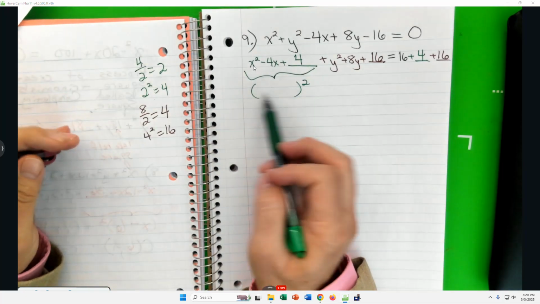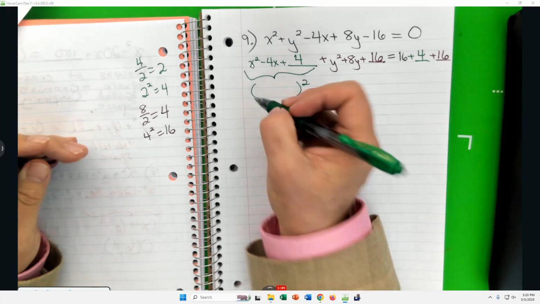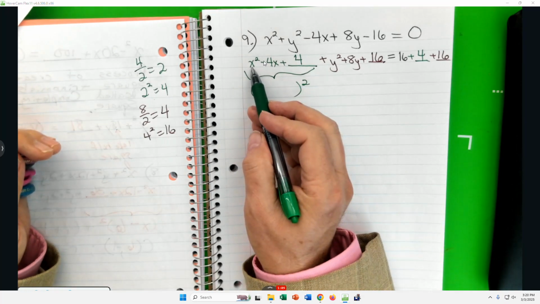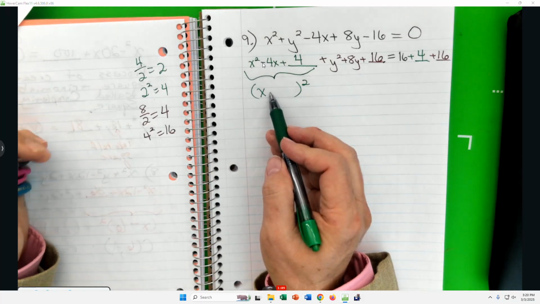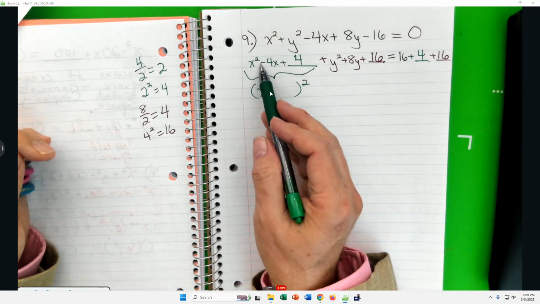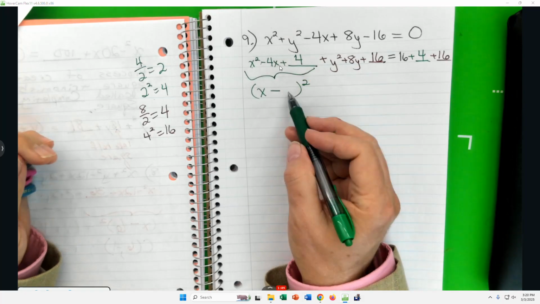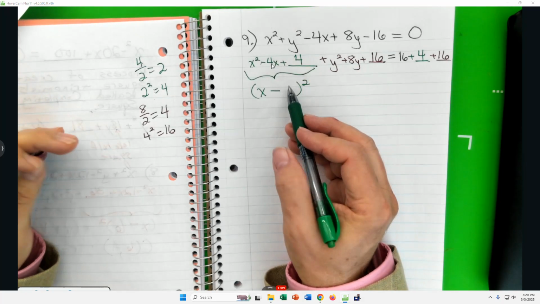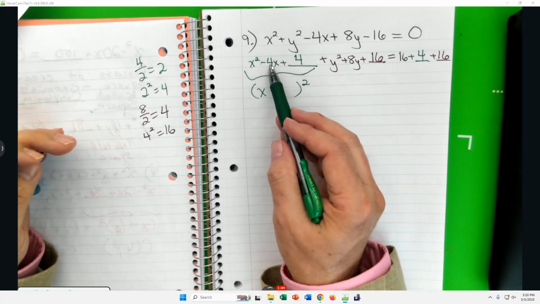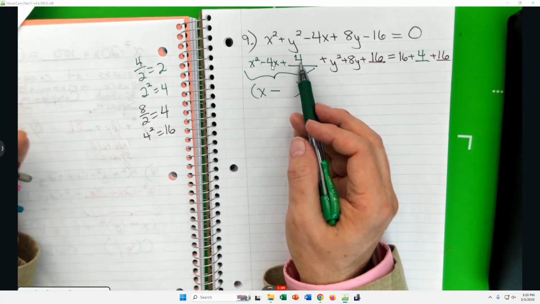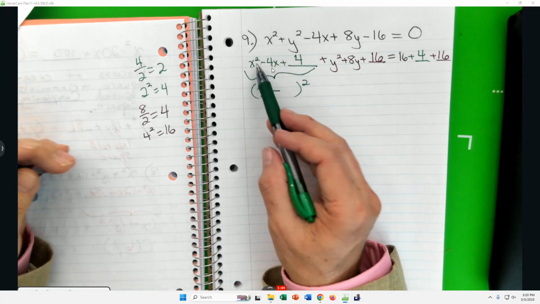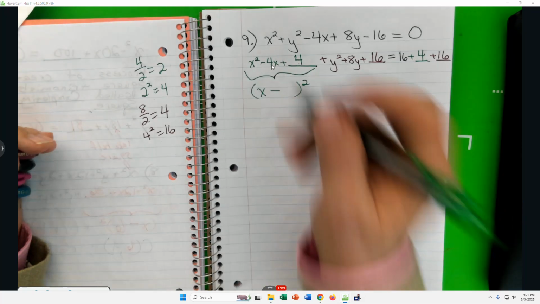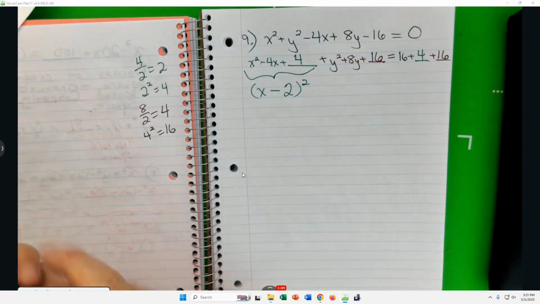What's going to go inside these parentheses? Variable x, it's that first letter you see. Sign, that's that first sign you see, minus number 2. It's half of that number there. You could also think of taking the square root of the number you added in, but to me, I just go left to right. Variable, sign, half of that number is 2. Plus,